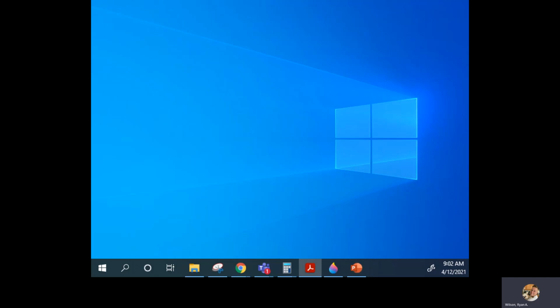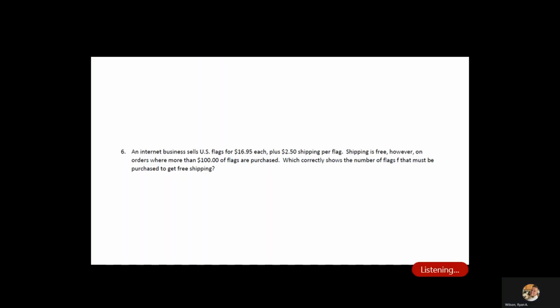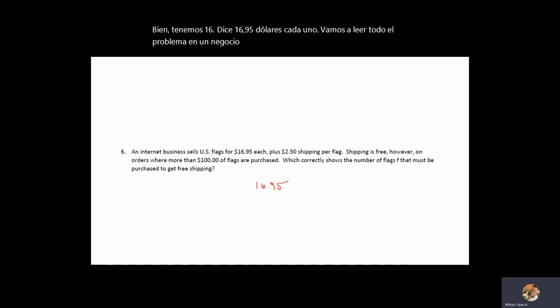Where do we even start? Somebody try to talk me through where you would even start with this bad boy of a problem. Okay, so we have $16.95 each. Let's read the whole problem out. An internet business sells US flags for $16.95 each, plus